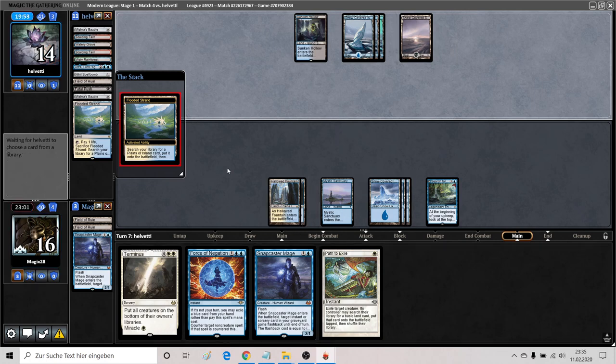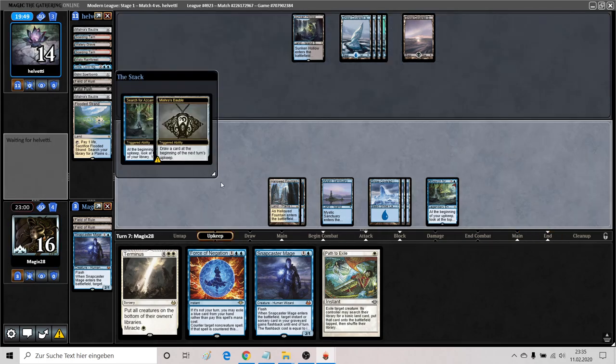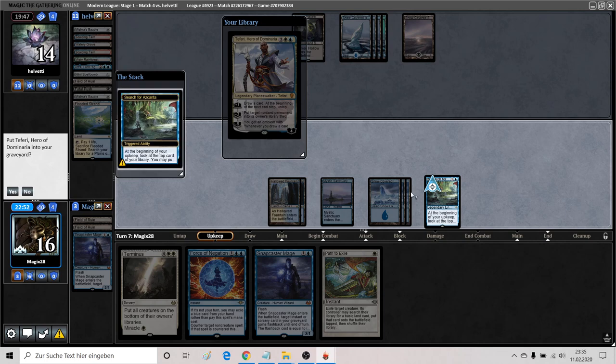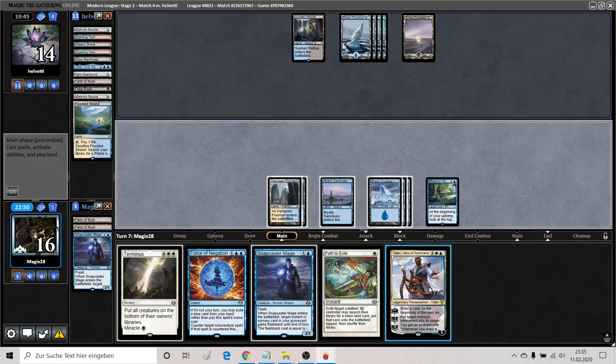Okay, no Mystic Sanctuary. Just another island. Sure. Draws a card. 1, 2, 3, 4, 5. Yeah, I still think we take this with us. It's actually a win condition, so...